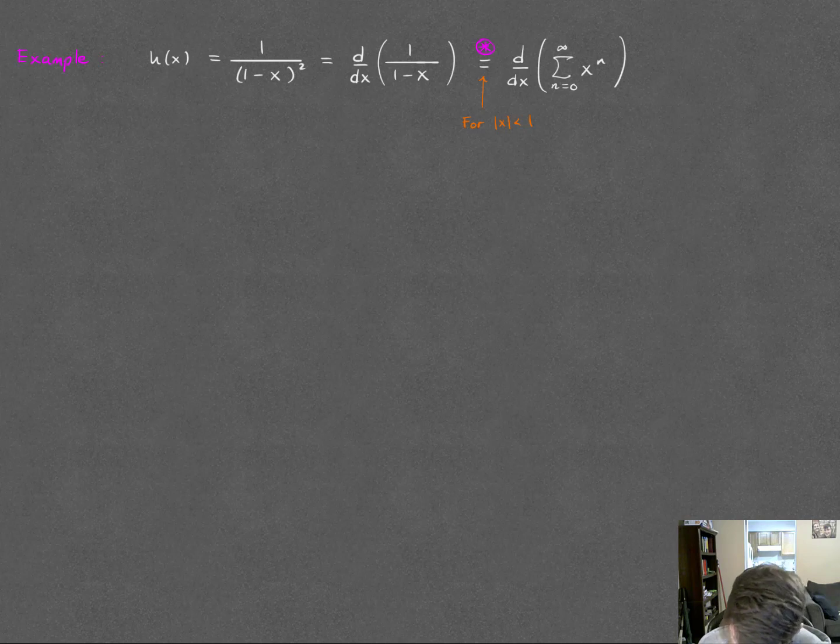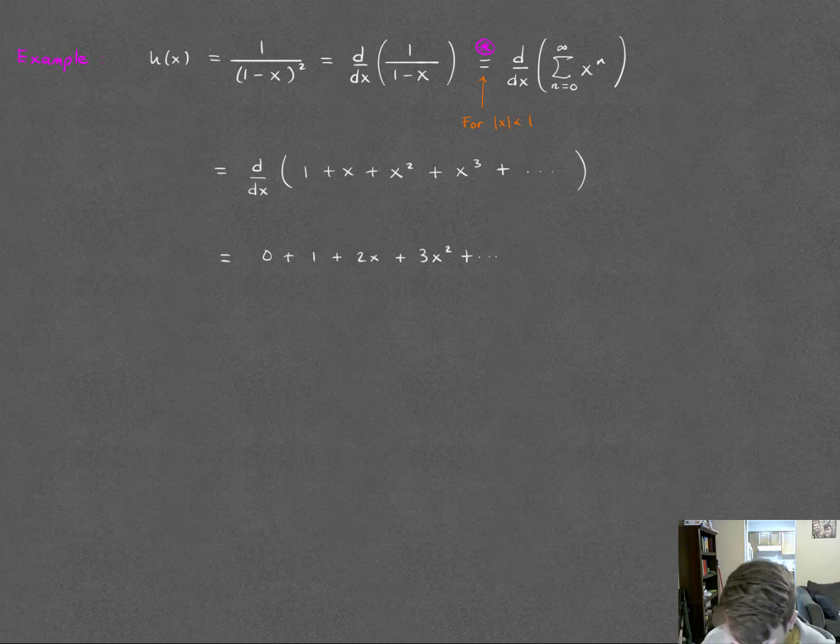And now if I apply the rule, I can represent 1 over 1 minus x, for absolute value of x less than 1, as d dx of the sum from n equals 0 to infinity of x to the n. Okay, and now if I just expand this out as d dx of 1 plus x plus x squared plus x cubed plus so on,